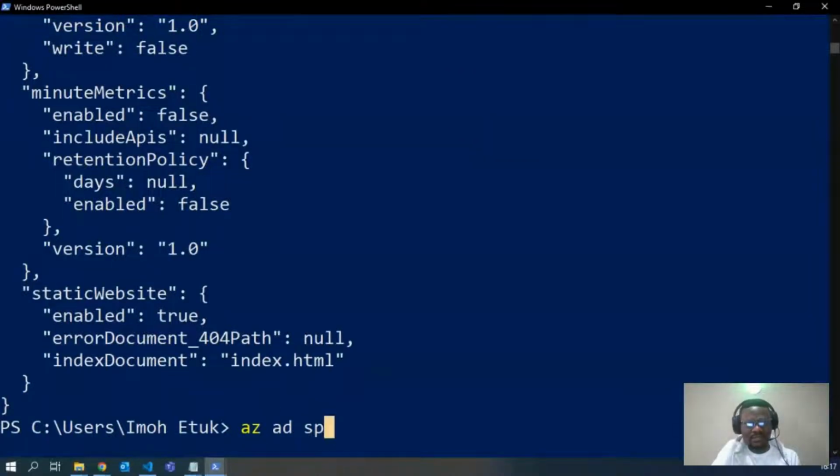After that, we create the service connection for RBAC, role-based access control. That is what we are creating for RBAC, so the name of the storage is what we are going to specify, which is az Niger